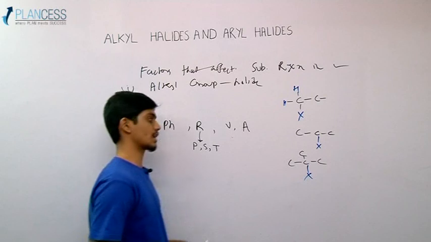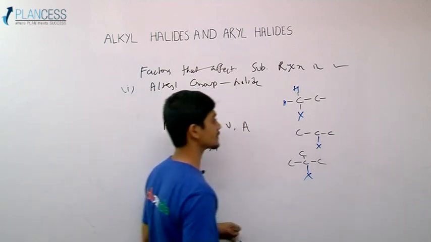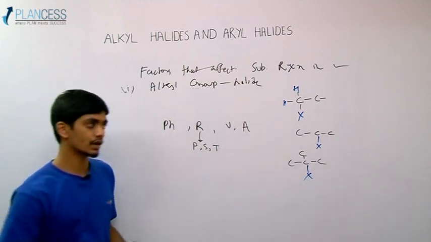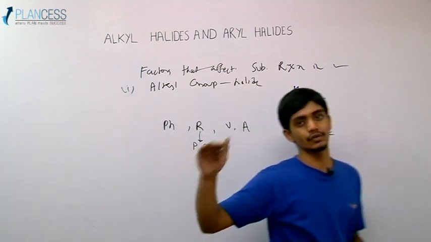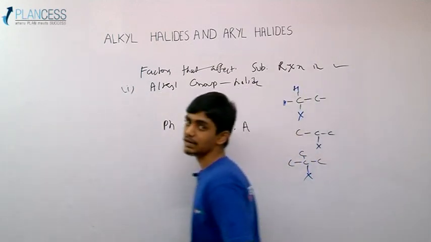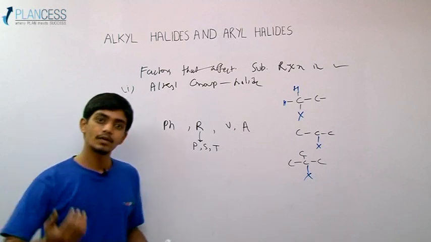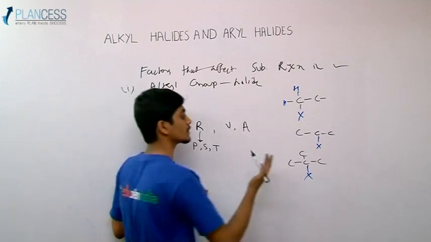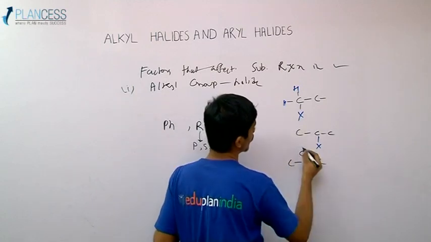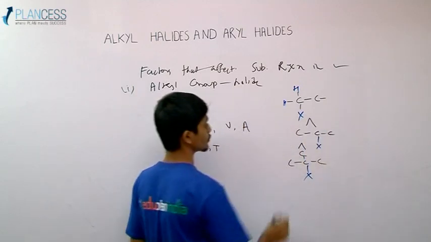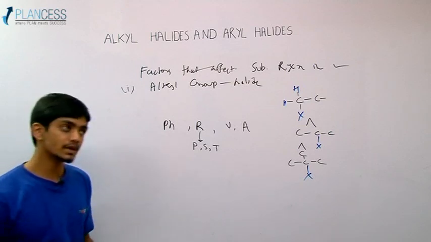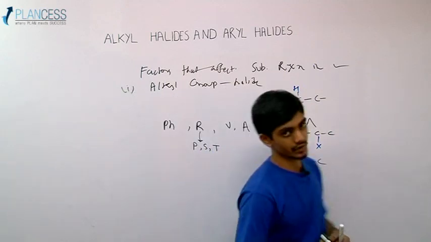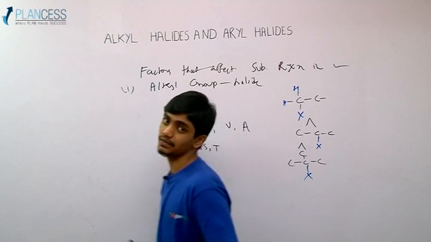As we know, there is a carbocation intermediate forming in that reaction, and if we can lower the energy barrier for the formation of that carbocation, we can definitely make the reaction proceed faster. Now, which is the most stable carbocation? Tertiary, secondary, primary? Obviously tertiary. So hence, in case of the SN1 mechanism,